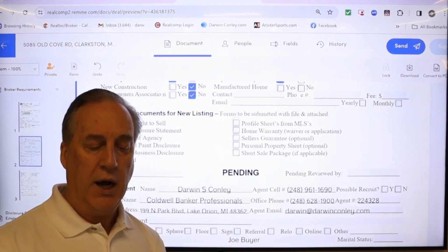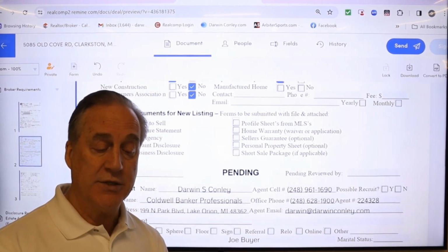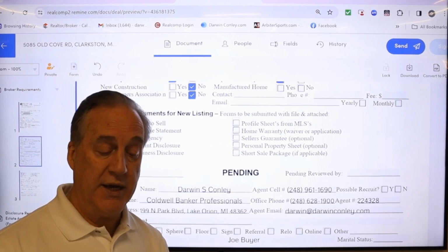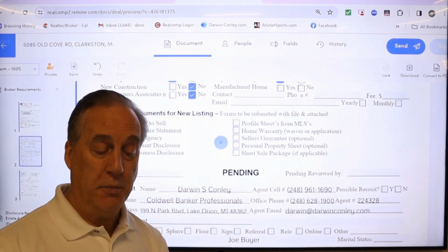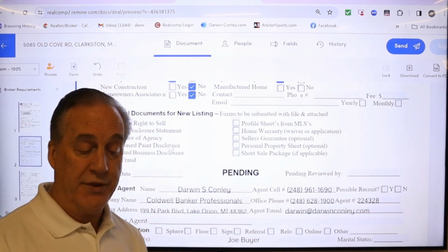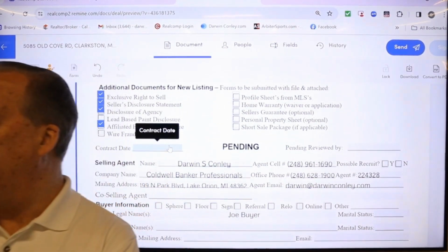file at the time. So if this is your listing, these are the things that you want to be able to check off and say that, yes, I have these. These are the things I need to have. This will give me a complete file when I turn it in, and nobody's going to give me a hard time, and we're going to know that all things are set. Now, if it's a pending,